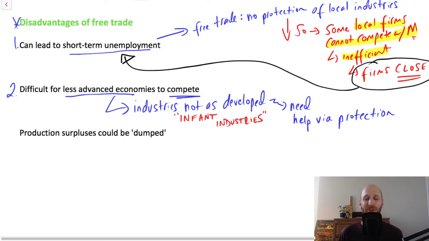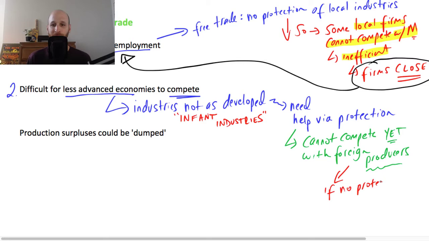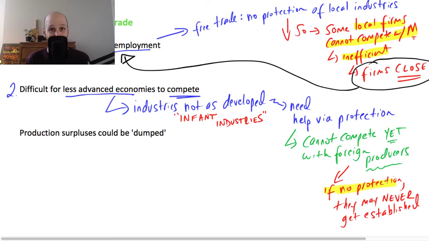And so these infant industries actually need a little bit of help from protection to get started, because otherwise they're just simply not strong enough to compete with foreign producers. So if there is a situation of no protection, also known as free trade, these local producers may never get